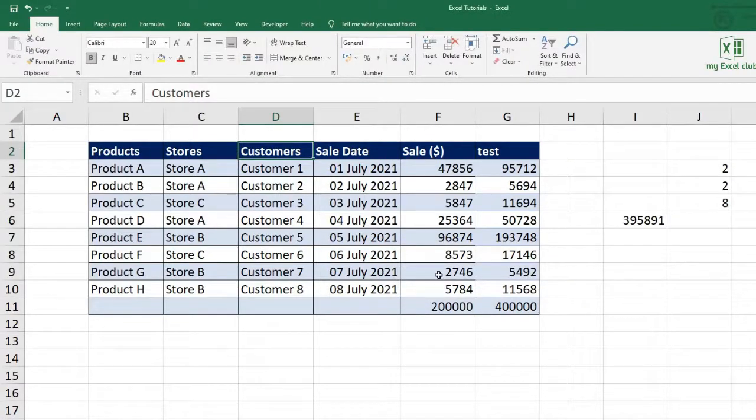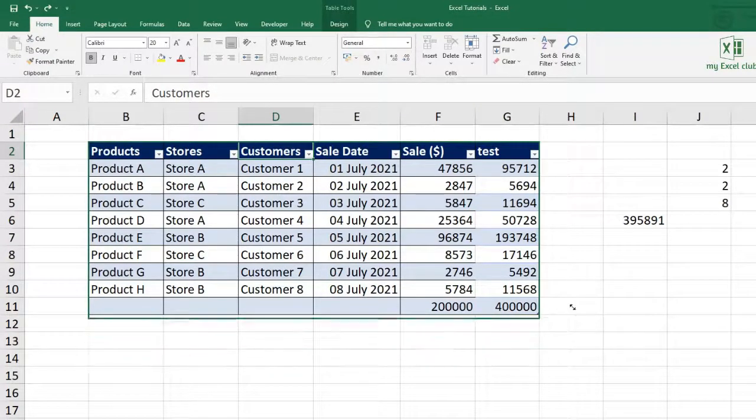Now this data is not in Excel table format, but it is in normal tabular format, and the features of Excel tables are gone and not available. You can see that the Design tab is also gone. If you want to get back your Excel table, you can press Ctrl Z from your keyboard to undo your last action. So I am doing Ctrl Z to get my Excel table back again.